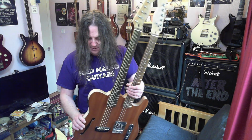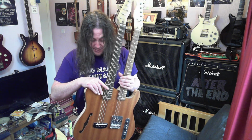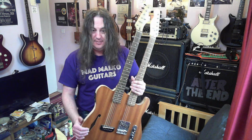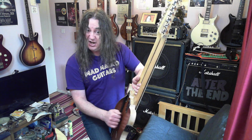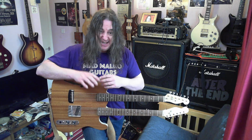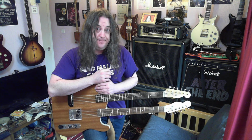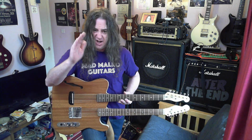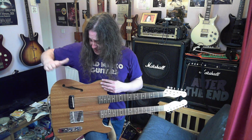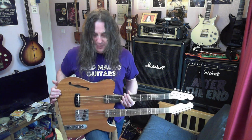So I assume what I did was I cut out the middle block into telly shape, put the necks on, and then put the door top and the door back on it. Even sounds like a door, because that's what it is. Obviously you can't use a real door. These doors, especially on the inside, the only strength is down the outside, and the inside is a sort of cardboard honeycomb type thing. You can't build a guitar out of that. So this is solid. The bridges and the necks are mounted onto solid butcher's block. The only hollow bits are